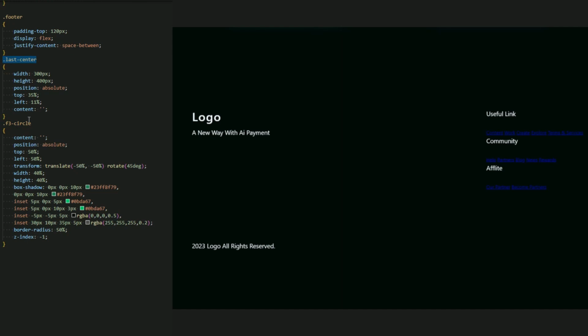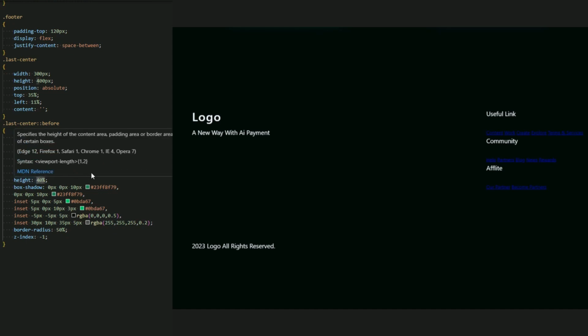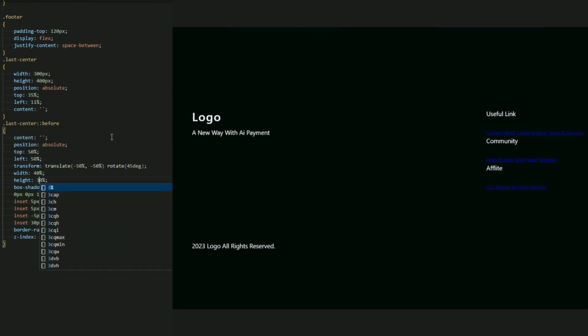Okay, last center. Yes, and let me add the before. Okay, the top be the same and the left, and let me just reduce the width. Let me just reduce the height. 30%. Yes, 30%. I think it's good.